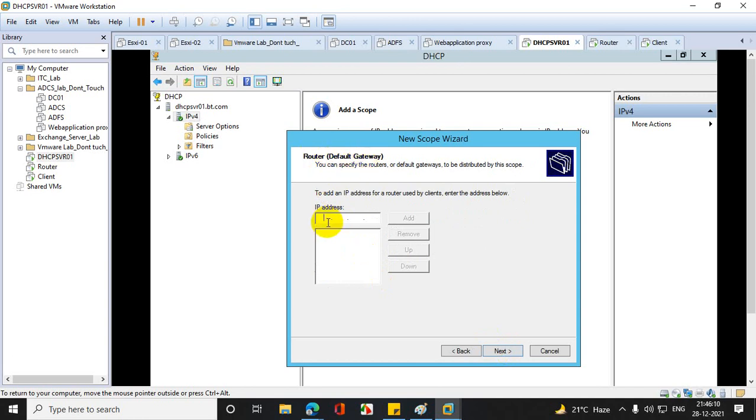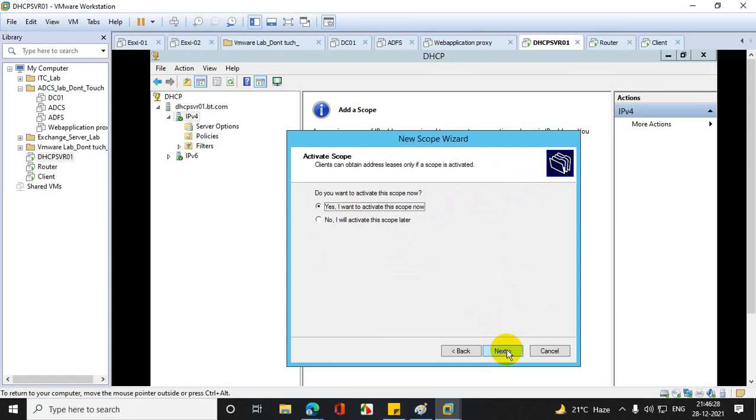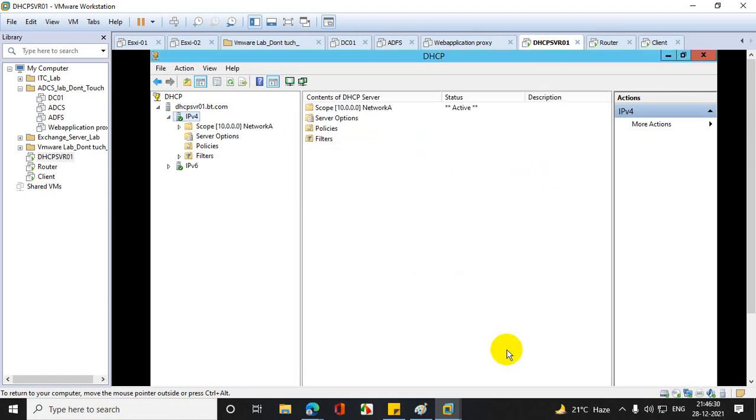So the router IP address you have to add, which I have added here, that means 10.10.10.10. Clear? Click next and see the domain services, all are there. And I'm going to create network B.